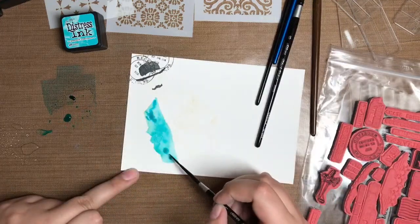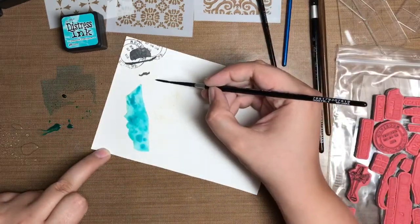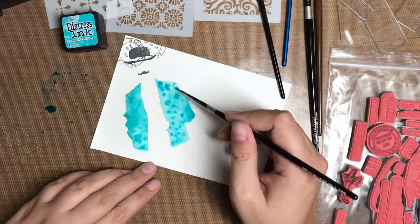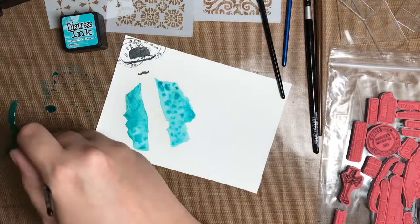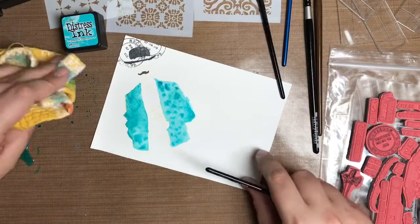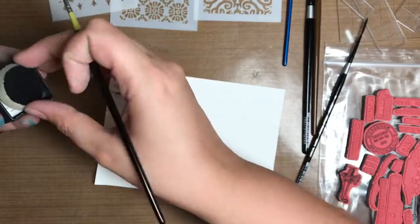And I'm adding a little bit of the more concentrated color just to kind of give it some variation. I'm going to come over to the other side. The heavy color really gives it so much more texture. You can get things perfect, or you can really bring it alive, is kind of how I feel. You want a perfect, you know, go for it. I personally really love when images kind of come to life with all the excitement and drama you get from adding more to it. And I'm going to take first the antique linen,